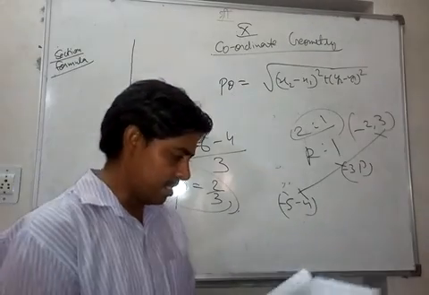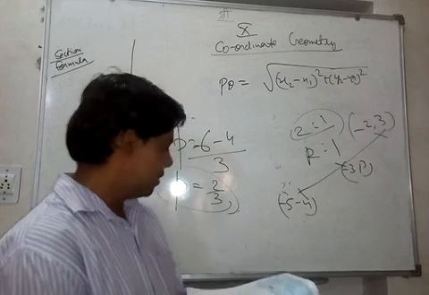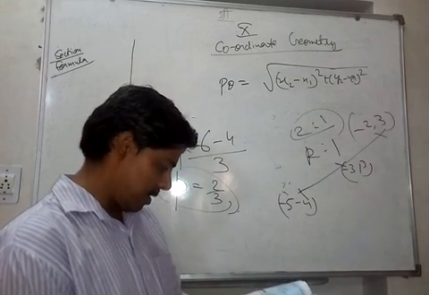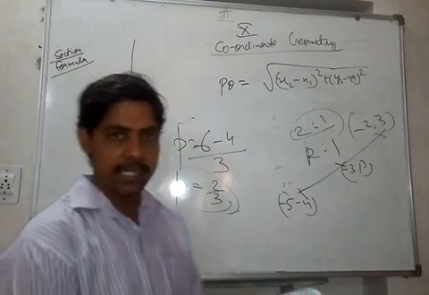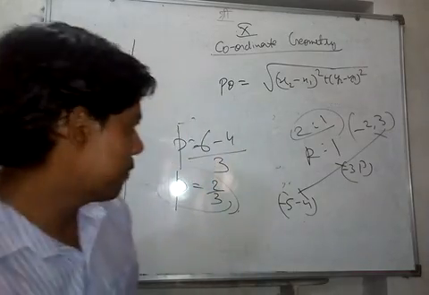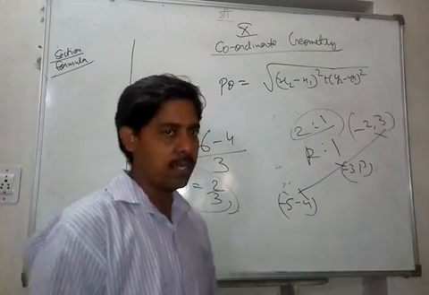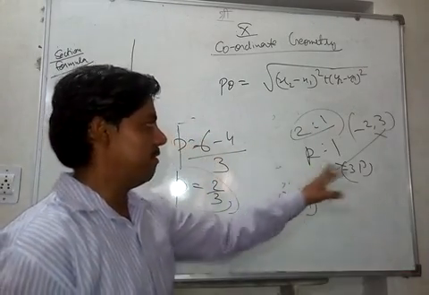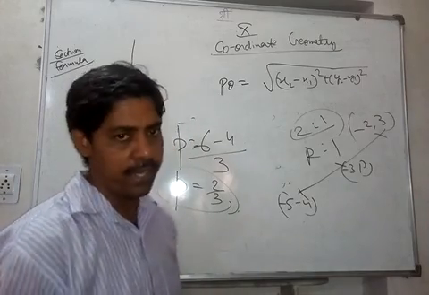Let's check whether this answer is correct or not. This is our 9.2, question number 12. 2 is to 1 and p is 2 by 3 is the correct answer. So you see what we have done. We have used the section formula here, and then we have solved the value of k and value of p. Both we have got, right?